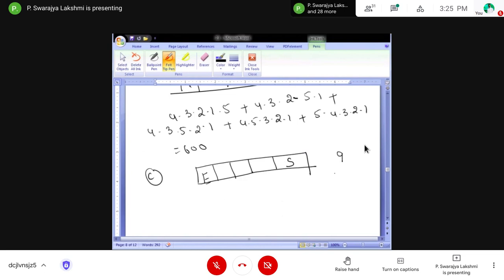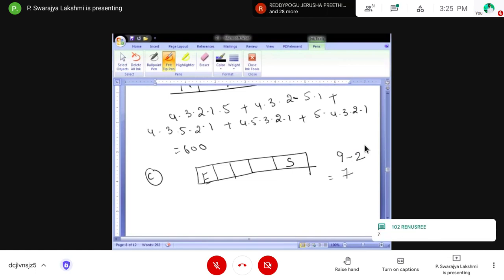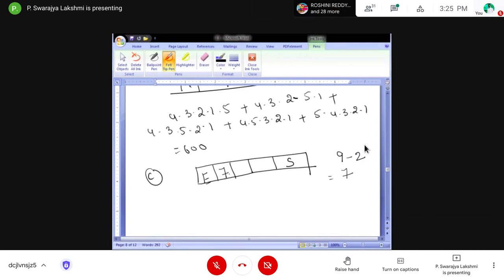Of these 9 letters, already 2 are fixed. We should not change those 2. So 2 letters are removed. So we have 7 letters in total, and the second box has a chance to be filled by any of the 7, then 6 and 5. So 7 into 6 into 5, 210.